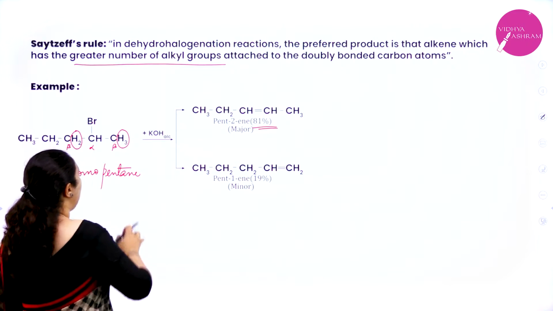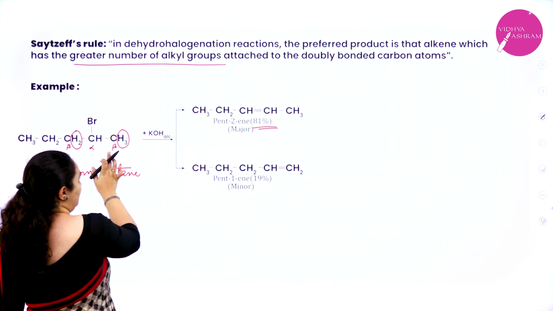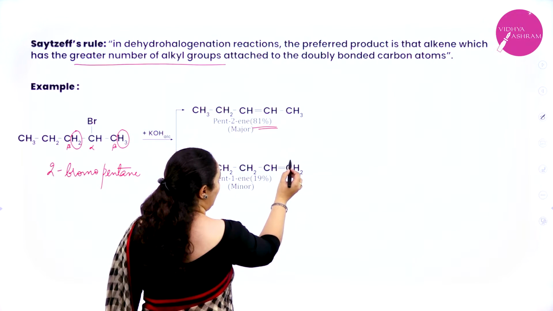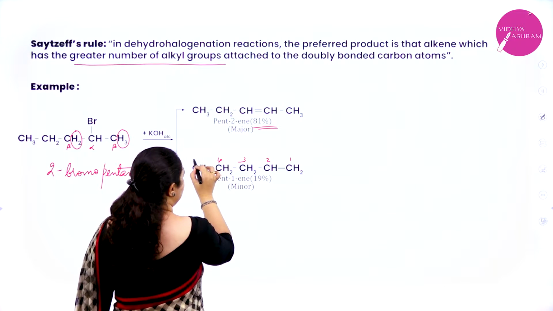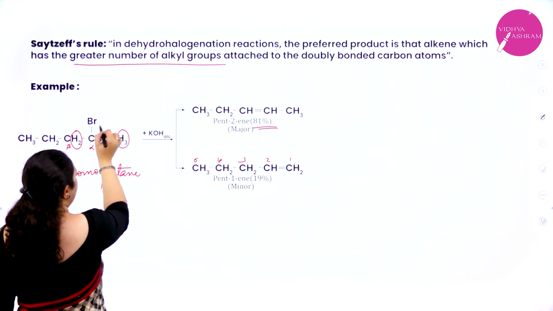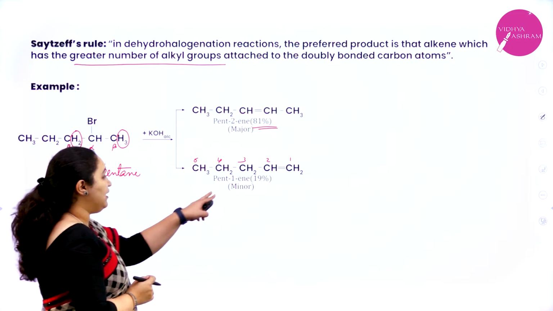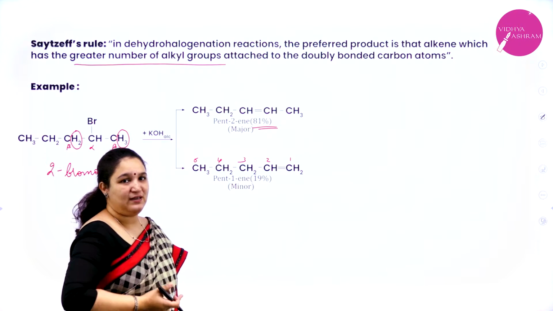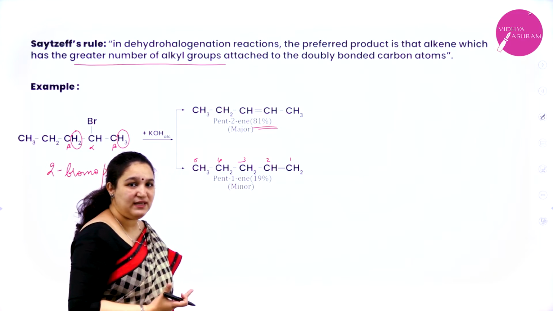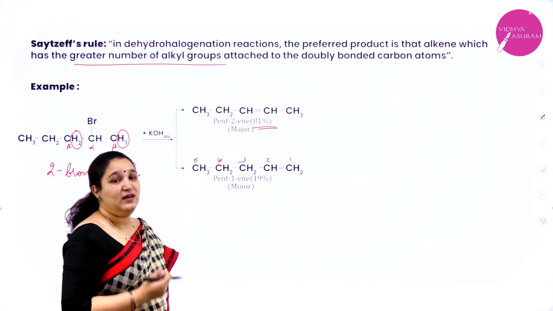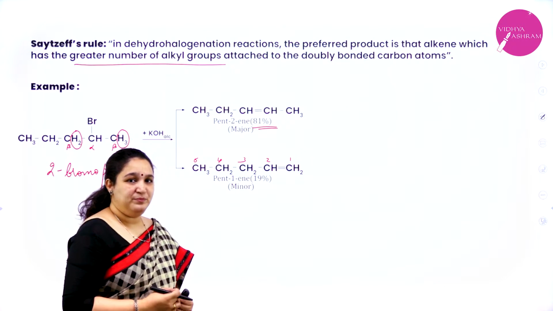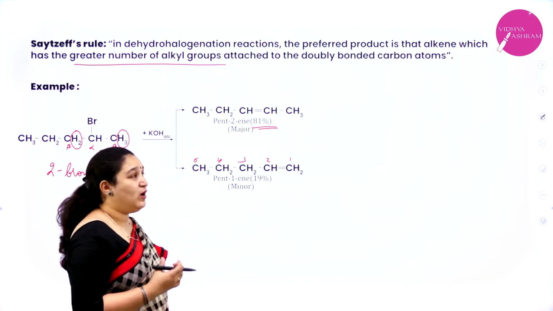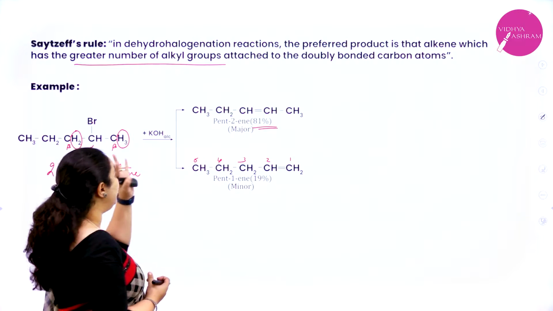Okay. So if the hydrogen is removed from the other beta carbon atom, then I'll get the product as pent-1-ene. You can see the double bond is between 1 and 2 carbon atom. Correct? So from here one hydrogen and from here bromine is removed. So this will become the minor product. So always when more than one beta carbon atom or beta hydrogen atoms are present in an alkyl halide, then the major product will be the one which is formed according to Zaitsev rule. Okay. Now what do you mean by highly alkylated or greater number of alkyl groups?